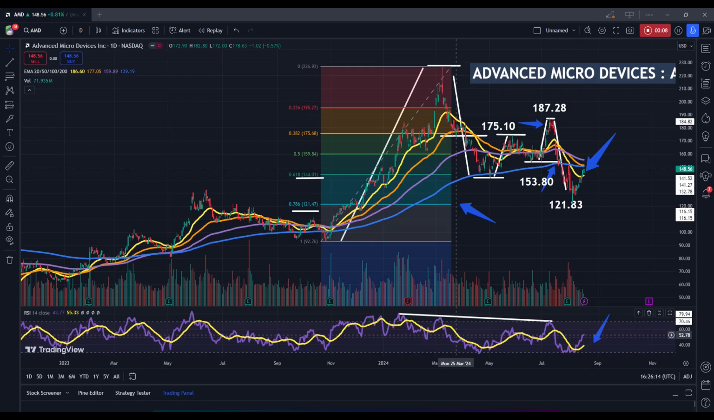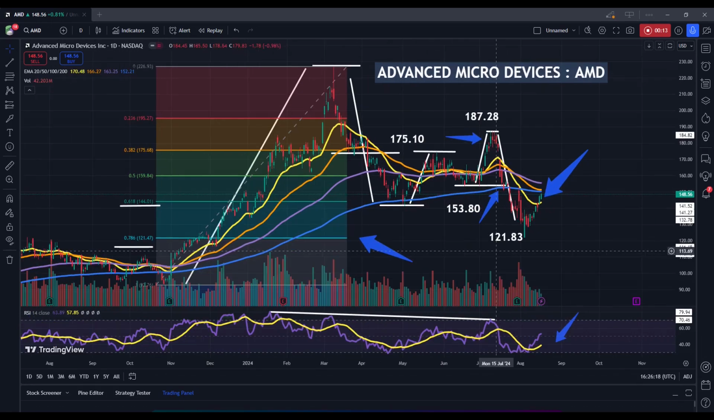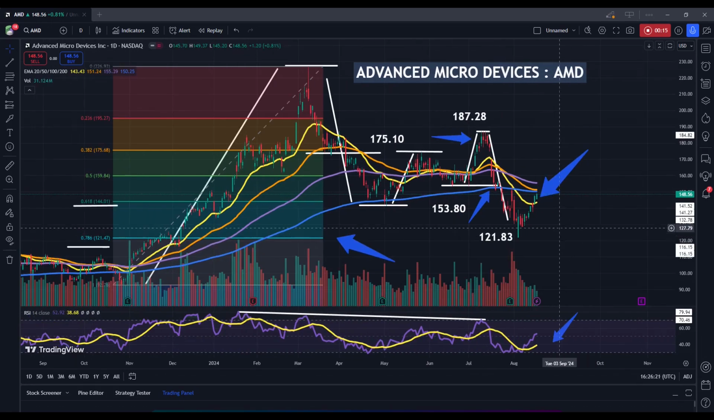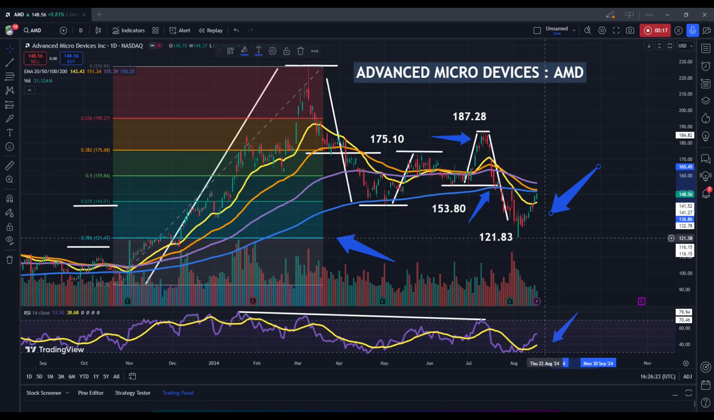Here we have the daily price chart for Advanced Micro Devices Incorporated, stock ticker AMD. As we can see here, we have a bit of a rebound into the Friday close. This was a positive close on the week. So we have seen a bit of a bounce here relative to the 121.83 lows that were posted during the